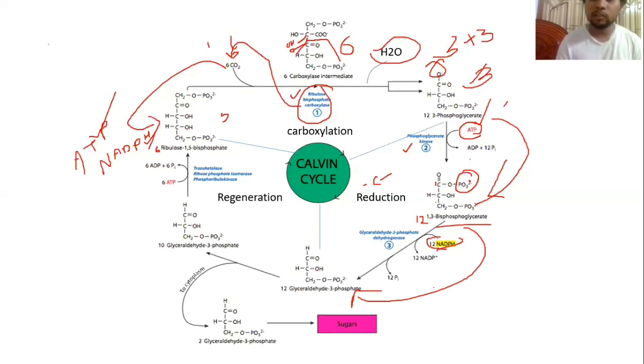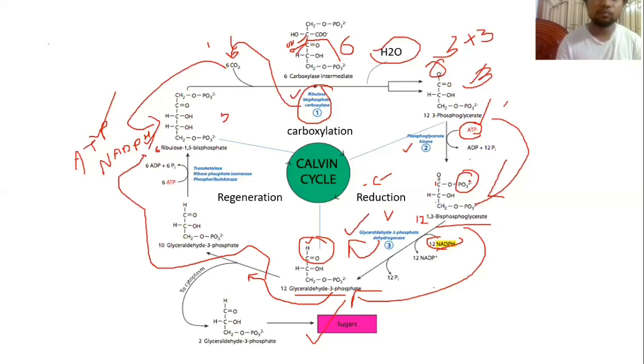This ATP is going to be used here. Okay, this ATP produced in the light dependent reaction is going to be used here, and phosphate has been added in this molecule. Why bis? Because 2 phosphates are being added on 2 different carbon atoms, not on a single atom. If on a single atom, it will be known as di. If on different carbon atoms, it will be called bis. So kinase helps to add the phosphate group on the carbon and produces 1,3-bisphosphoglycerate.